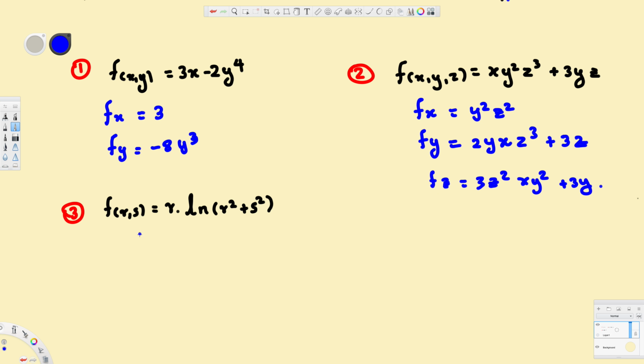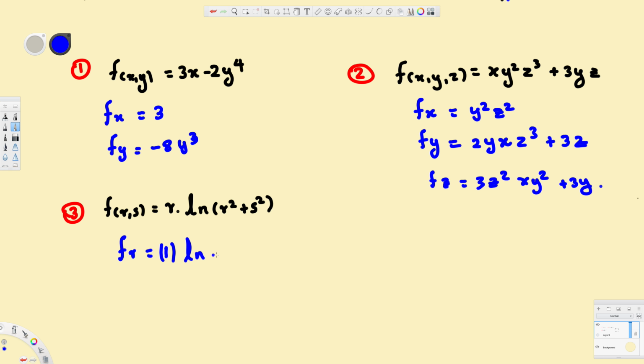Now let's look at this one. In this one, if I take partial derivative with respect to r, you can see we have r right here, and we also have r on the other side, right? So here we have to do the product rule. In product rule, we take the derivative of this one first and keep the other one as it is, and then we add the other one and keep this one as it is and find the derivative of this one. So here if I take the derivative of this one, this is going to be 1